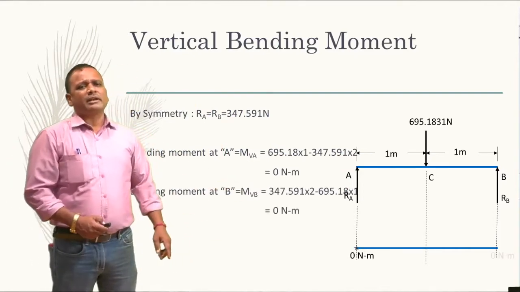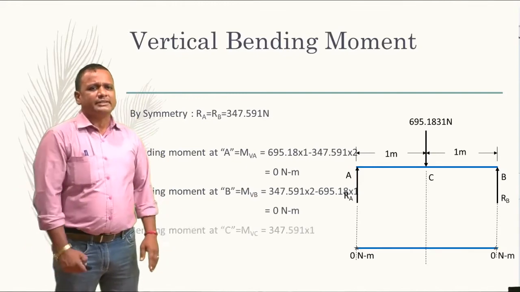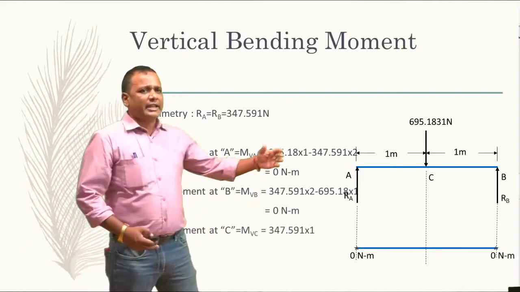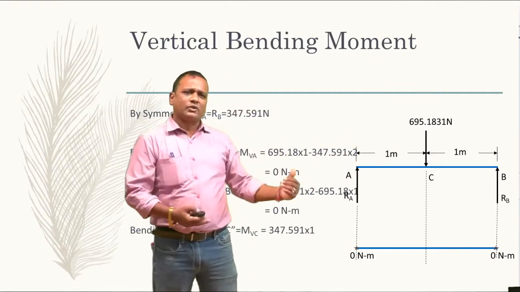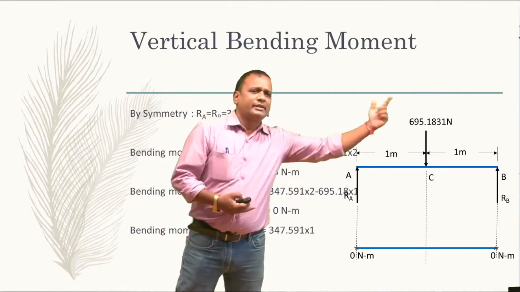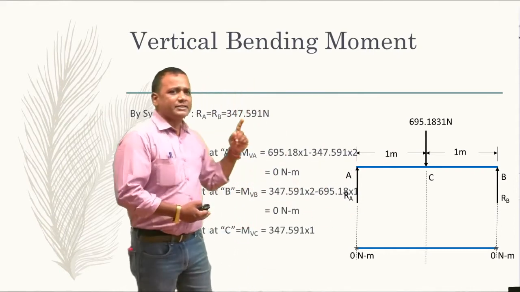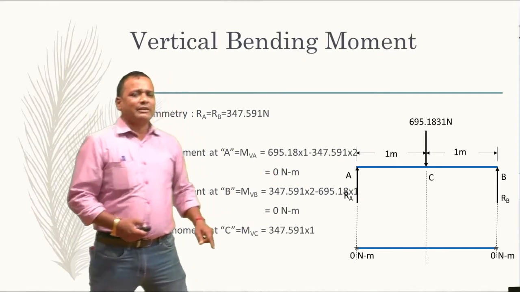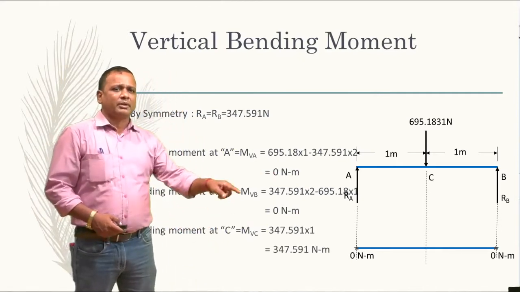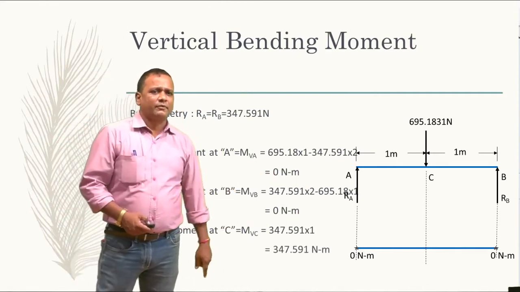Now, the bending moment at C, what would be the bending moment at C? That's very important. Try to understand this: you could consider the right side or the left side of it. So I am going to consider the right side of it. As this moves clockwise, Ra, which we have derived over here, into the distance would be the maximum bending moment at that particular section. So that would be 374.591.